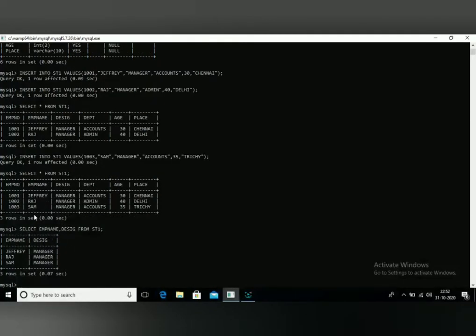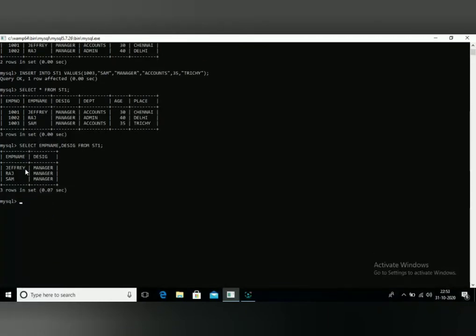See this one, what is your command here? We give select asterisk from ST1, so all the persons are displayed. But here select employee number, comma, designation from ST1 means only that particular field's details are displayed on the screen. So in the same way in our select we can use a lot of commands.